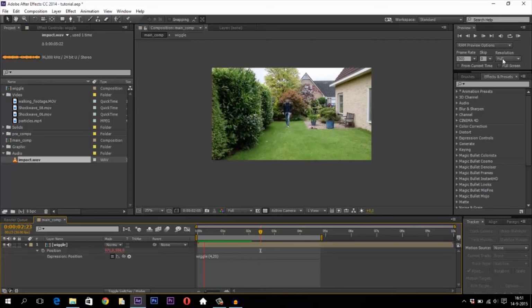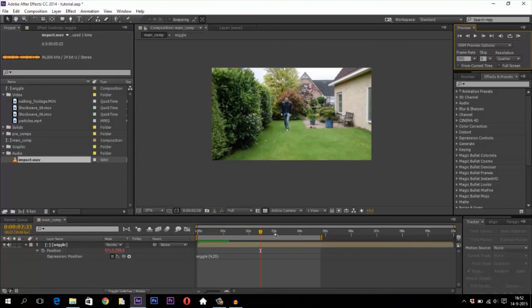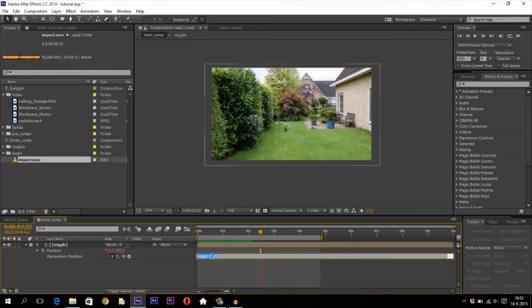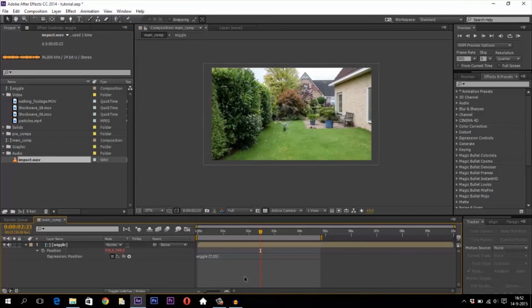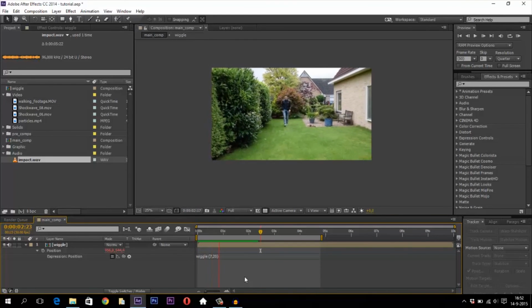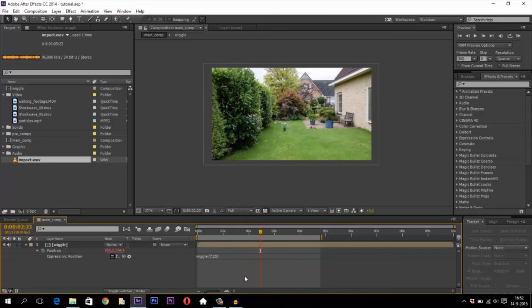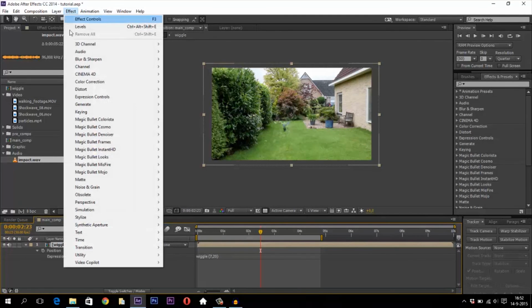I've got full resolution, I'll set it to quarter first. So it's bouncing, but it should bounce a bit more, so I would turn this up to maybe 7. That's okay, but the thing is, it's wiggling the whole video, and we just wanted it to wiggle at this point. There are a few ways you could do it, but I do it with a slider control. Just click on your layer and go to the effect,